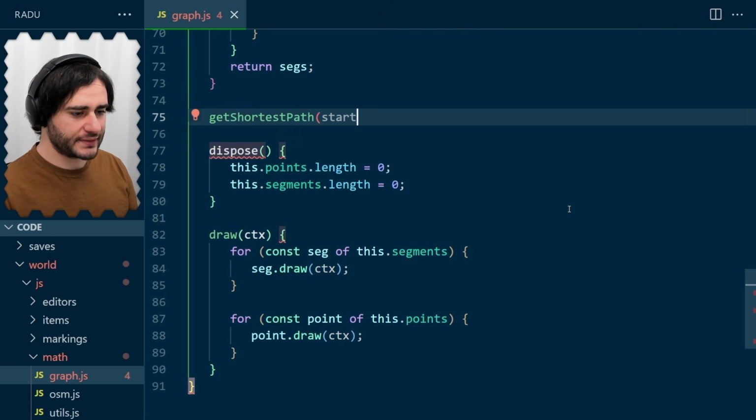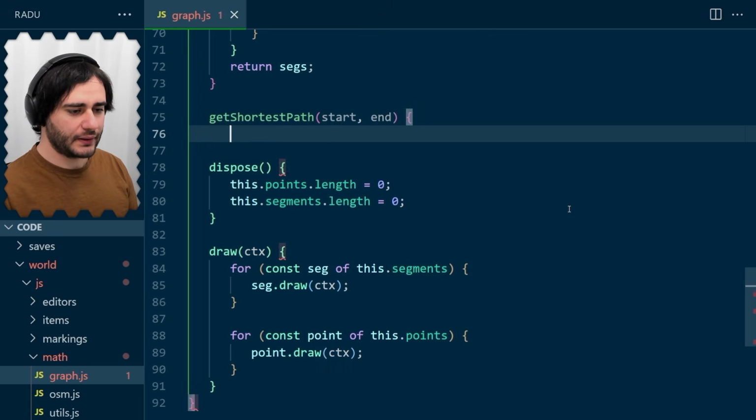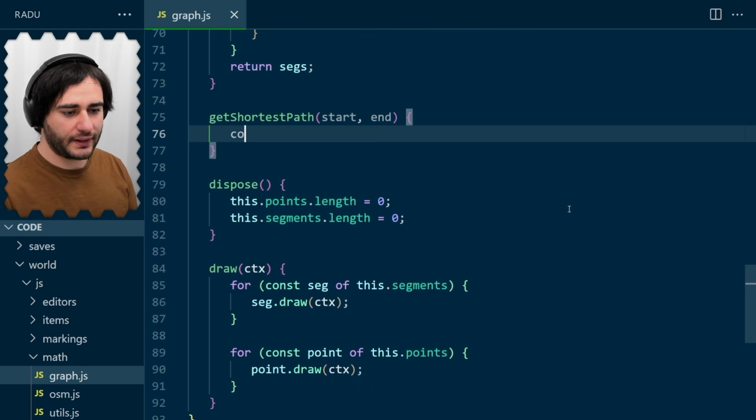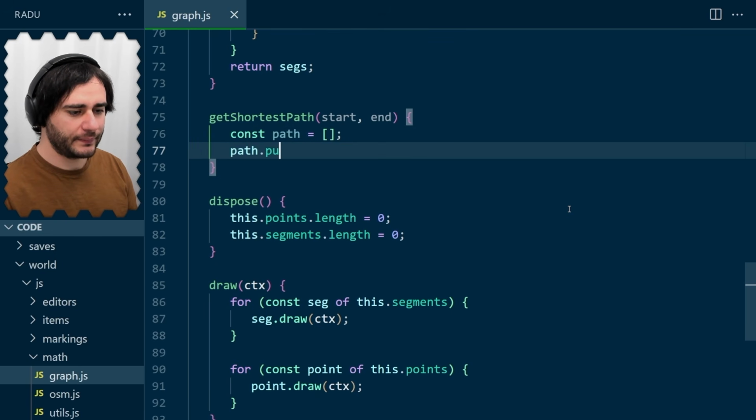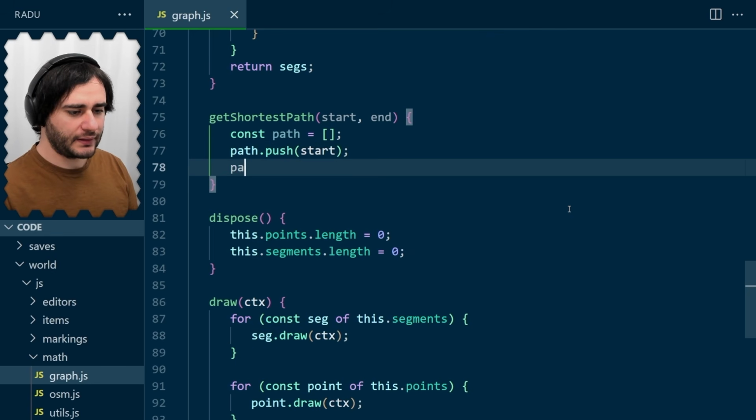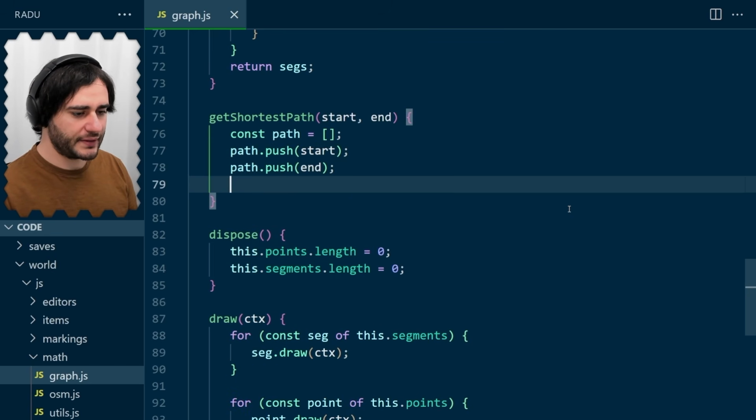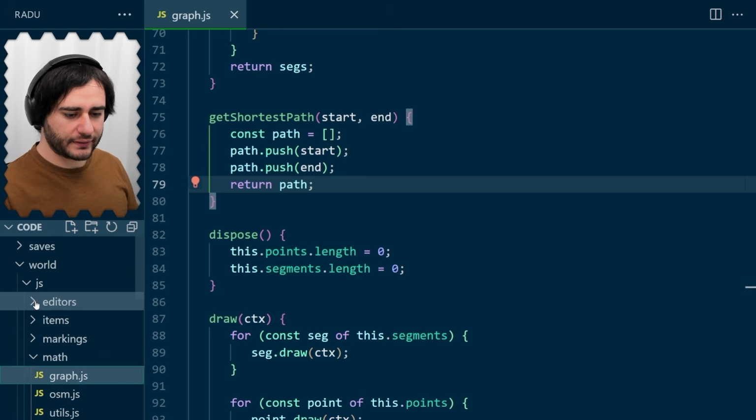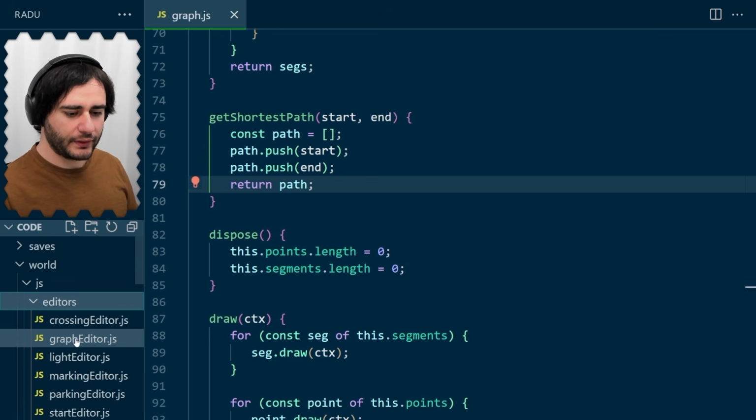So let's call these start and end. And this method is going to create a path in this path array. And to debug, to see how the algorithm is progressing as we are coding, I'm just going to add to it the start and the end and see if we can make these light up in the interface. Let's return the path, save the file, and we are going to be modifying the graph editor here to also